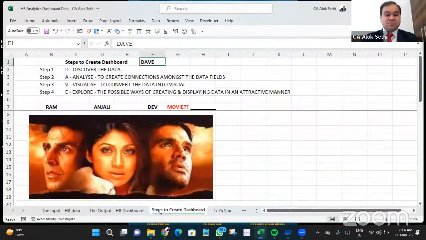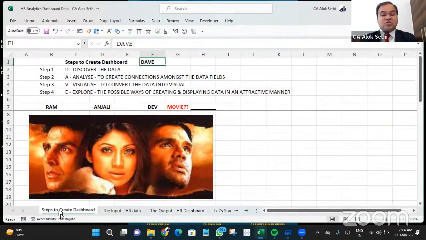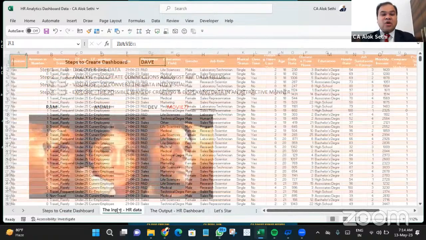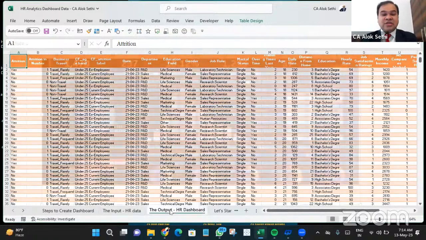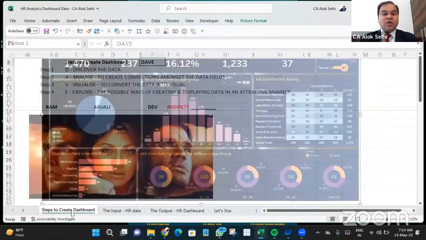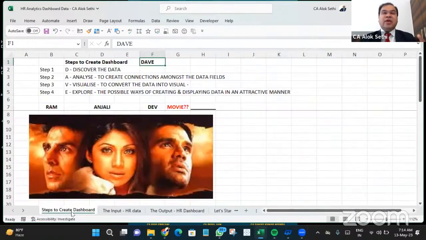तो पहले आप डेटा को अच्छे से पढ़ेंगे। दूसरा स्टेप होता है एनालाइज, टू क्रिएट कनेक्शंस अमंग द डेटा फील्ड्स। जितने सारे डेटा सोर्सेज, डेटा हमारे पास कॉलम्स हैं, उसमें से हम कनेक्शन कैसे बना सकते हैं, उसको आपस में कनेक्ट कैसे कर सकते हैं, दैट इज द नेक्स्ट स्टेप। थर्ड स्टेप इज टू विजुअलाइज। विजुअलाइज मतलब आपको इमेजिन करना है।